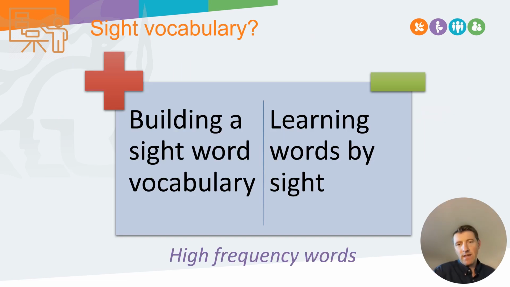Another thing to think about here, and this is often a contentious issue, but it's worthy to just remember. Fluency is developed as we automatically recognize words. Now, there is a difference between automatically recognizing words and learning words by sight. The strongest advocates around this now are saying there is a difference between building a sight word vocabulary, which is what we do. That is what happens through a process called orthographic mapping.